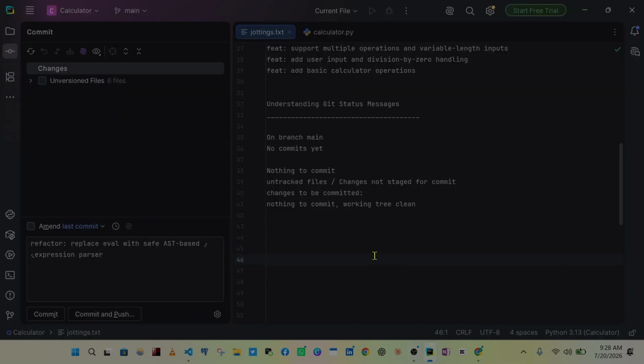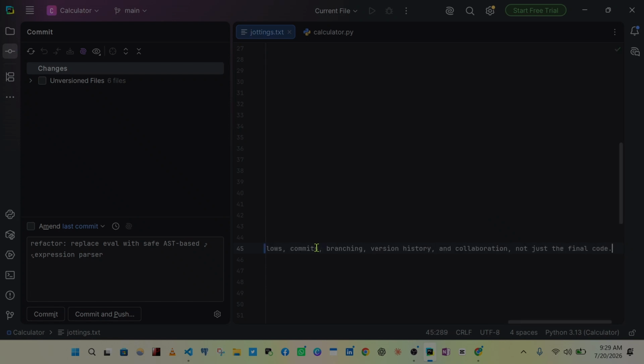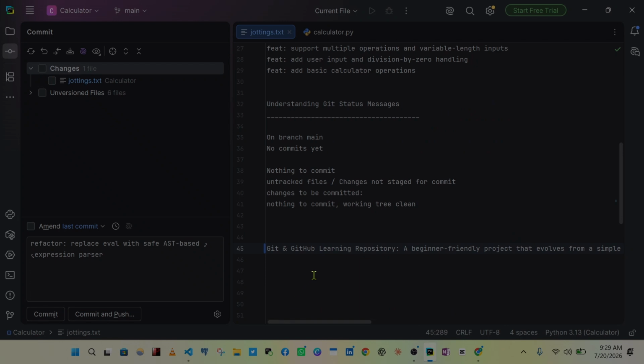Let's do more examples. Now, in the jottings.txt, we are connecting our Git to GitHub, and we're going to write a project description, no matter how short it's going to be. So I want to put the project description here. I'm intentionally demonstrating this so that we can do more examples on our commit workflow before we go to GitHub. Let's say I'm adding something under this jotting. I'm putting something here which I'm going to write on our project descriptions on the GitHub, which is just a